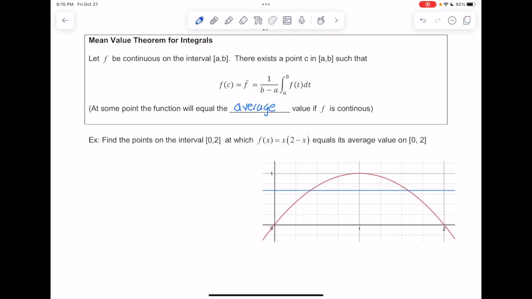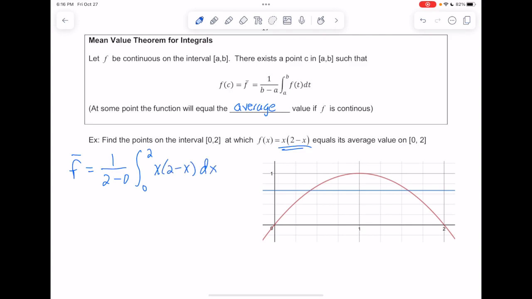So find the points on the interval from 0 to 2 at which f of x equal to x times 2 minus x equals its average value on 0 to 2. So the first thing to do is to find the average value. So we're going to go ahead and look for that. So f bar would be equal to 1 over b minus a, which would be 2 minus 0 in this case, times the integral from 0 to 2 of the function in question. In this case, that's x times 2 minus x